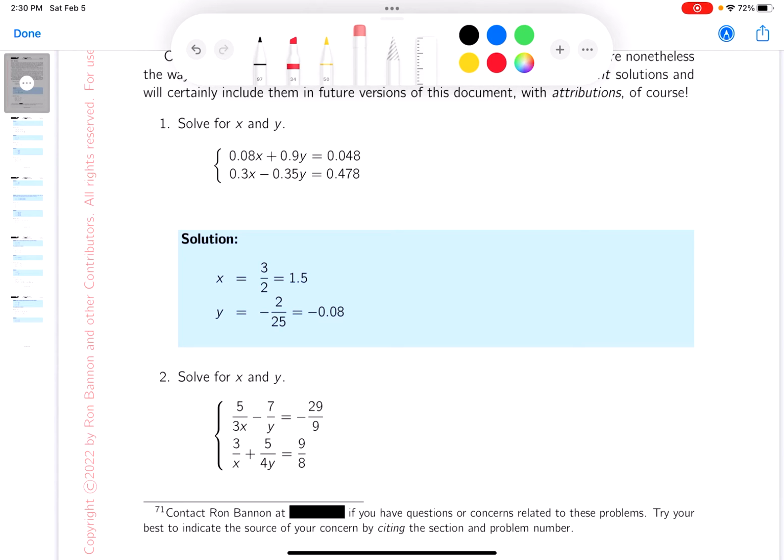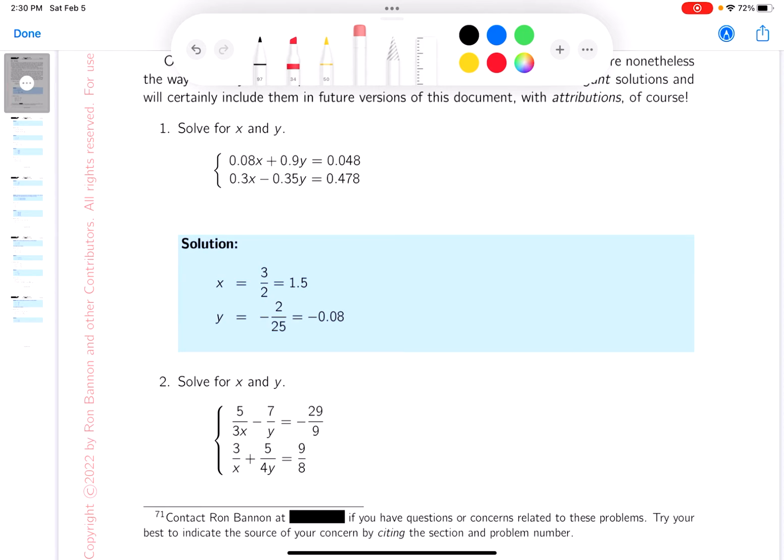Okay, I'm just going to move the decimal a little bit by multiplying the top equation and the bottom equation, or first equation and second equation, by 100. It's not going to get rid of all the decimals, but it's going to help me a little tiny bit. If I multiply the top equation by 100, you get 8x plus 90y equals 4.8 now. I know that for some students that's not necessary, but I like to get the integer. And it's going to be 30x, and then minus 35y,